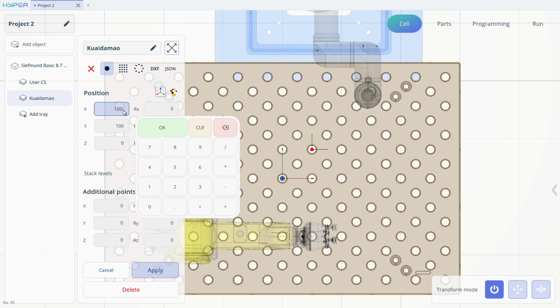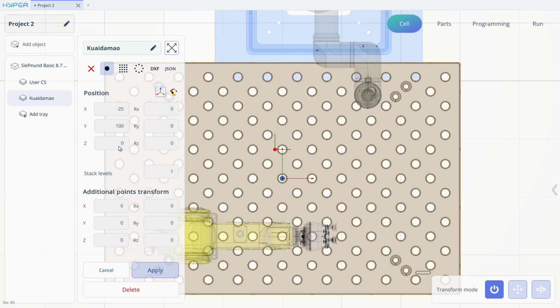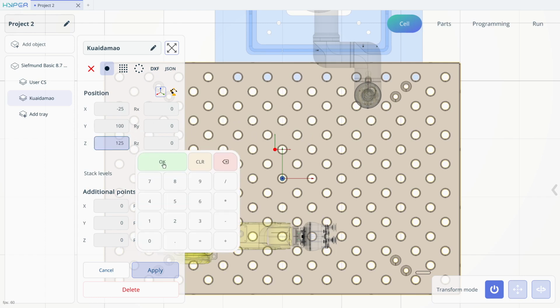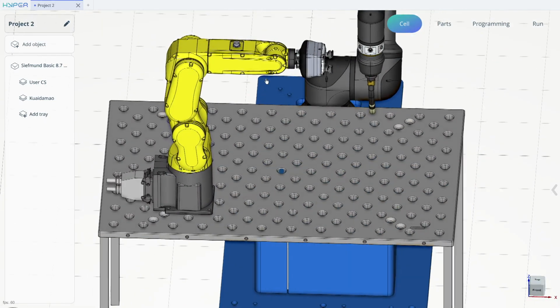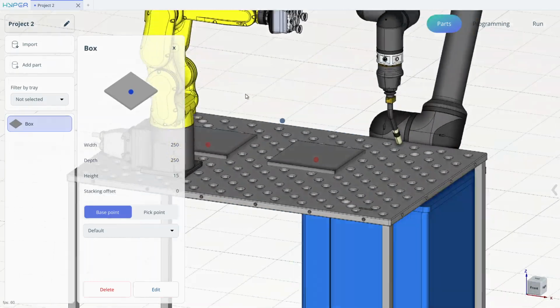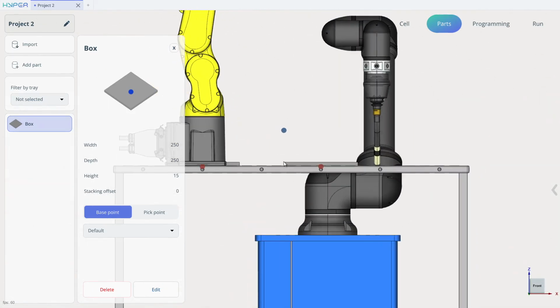We take the number 125, as this value represents exactly half for our parts. That's it. Our point is ready, so we need to go to the Programming tab, where we will start by